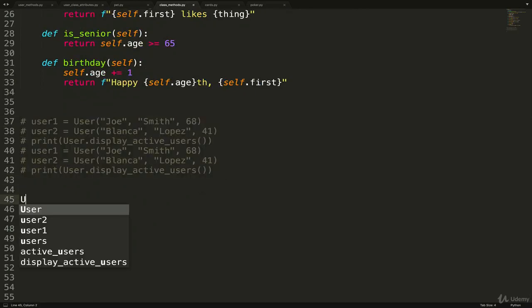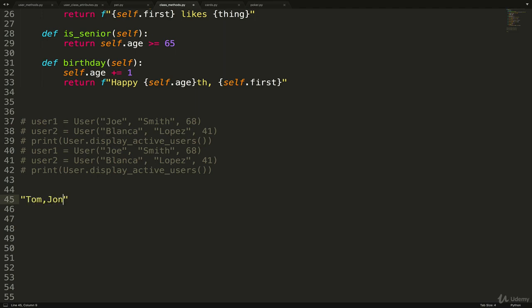Let's say I'm working with CSV files, comma separated values, and a lot of my data, each row looks like this, where we have Tom, comma, Jones is the last name, and then an age, like 89. And then another row might be, Sue, comma, oh gosh, this is the hardest part, coming up with names. How about Pritchett? I don't even know if that's how you spell Pritchett, who is 12. Very old name for a 12-year-old.